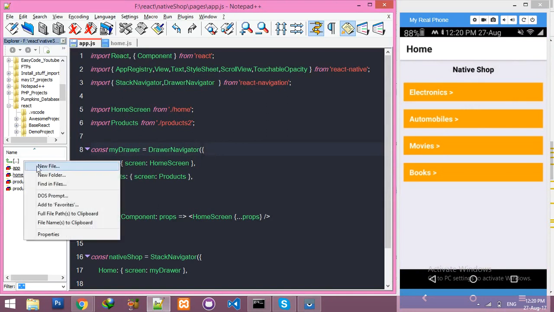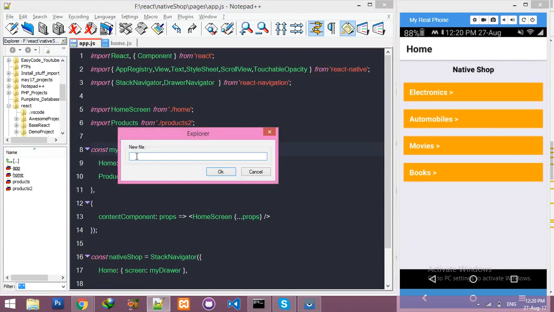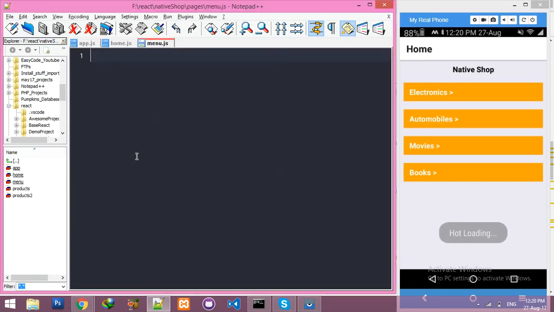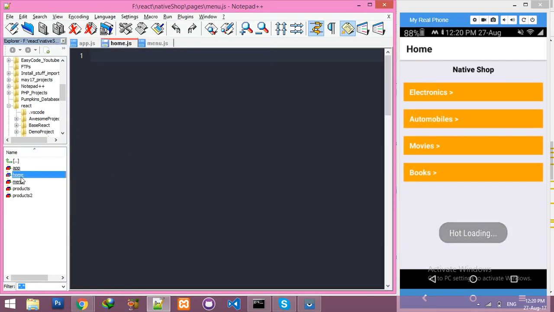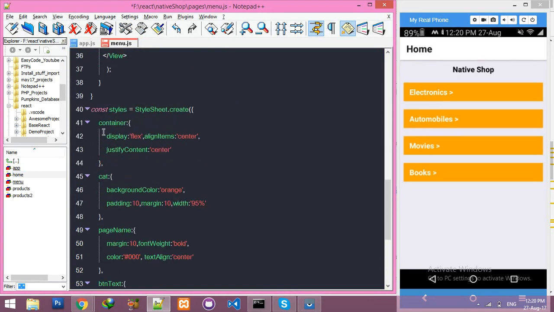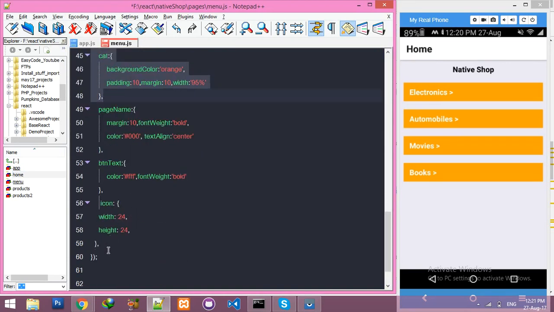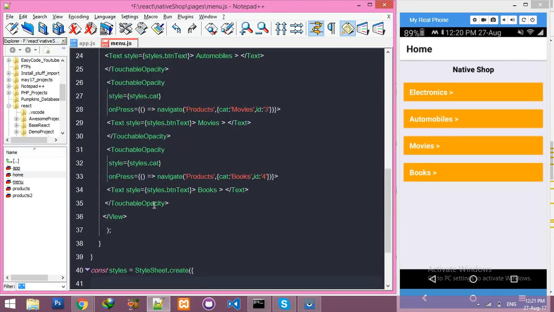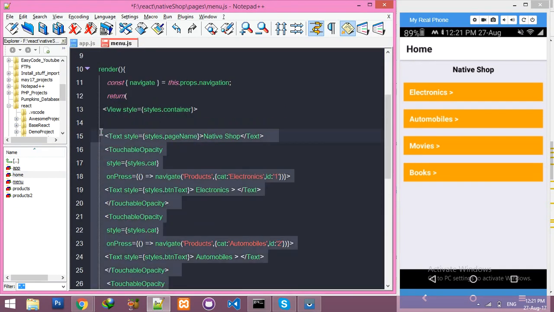Create a new JS file. Let's say call it menu.js, and copy all the home page content and paste it here. We are not using styles here, not using buttons.